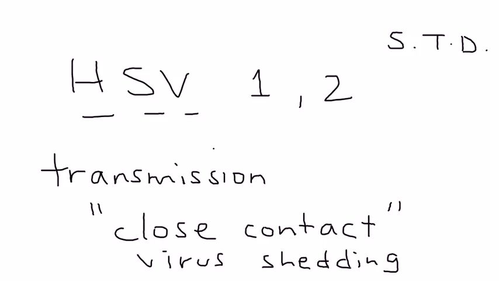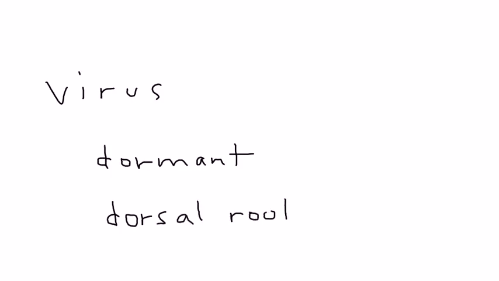Now, what's important about this virus that is rather sad and unfortunate is that it lays dormant in the nerves, and in particular the dorsal root ganglia, dorsal root sacral ganglia. Now, what can happen is that this virus can then be reactivated because of some triggers. So periodically you can get a recurrence of herpes,